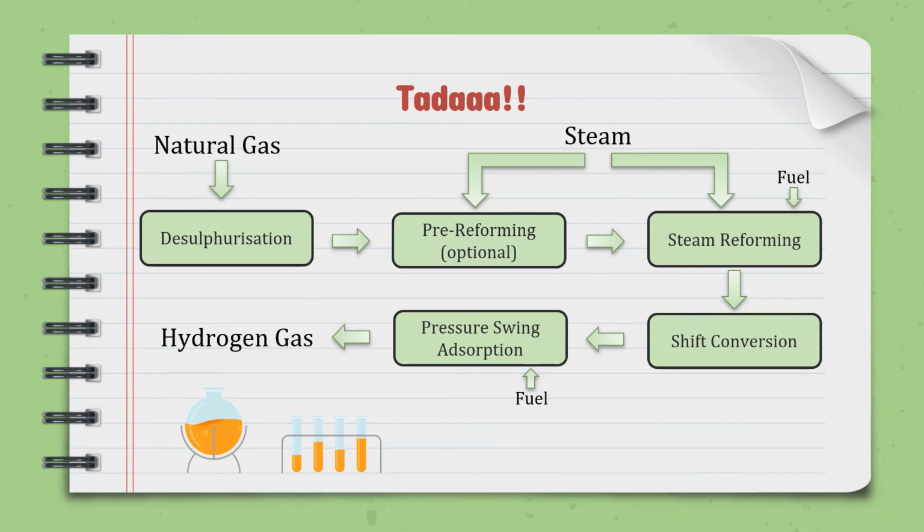Then we will see how the reaction will undergo. The first one is the natural gas such as methane or propane, and it will undergo desulfurization to absorb hydrogen sulfide, COS, sulfur odorant, or a combination thereof at a selected temperature and pressure. After that, the purpose of pre-reforming is to break down higher hydrocarbons such as butane into methane,